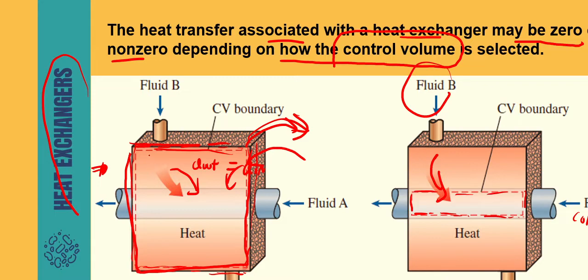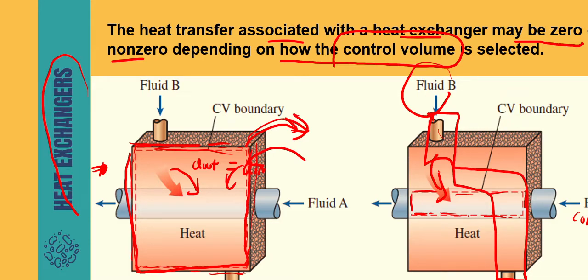So you need to determine: if you determine fluid A or fluid B as your system, this is fluid B, your system is fluid B. If you determine your system to be only fluid B,